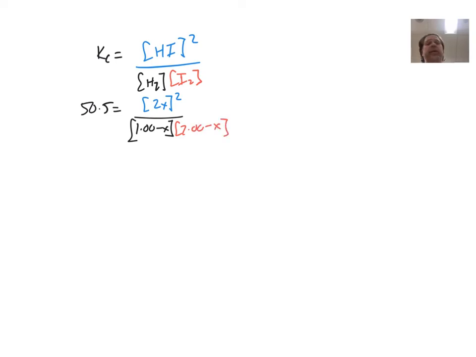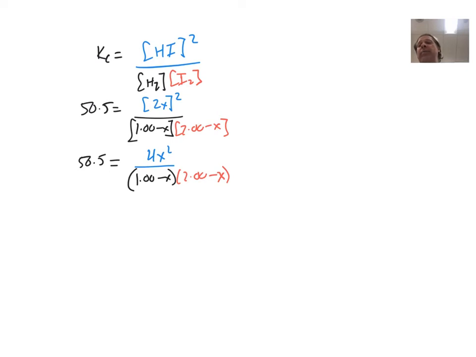When we simplify this, we get 50.5 equals 4x squared over